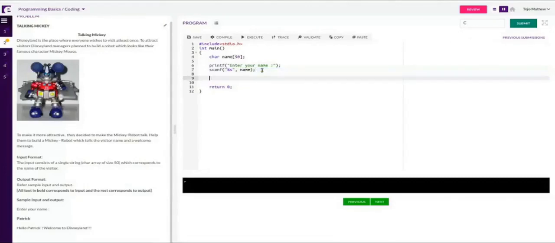Now we have to display it back in this format. Suppose Patrick is the input data to the program. If Patrick is the input, it should show Hello, Patrick, welcome to Disneyland. If Harry is the input data, it should show Hello, Harry. Some people write printf with exactly Hello, Patrick, welcome to Disneyland.